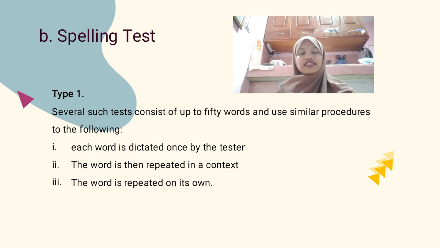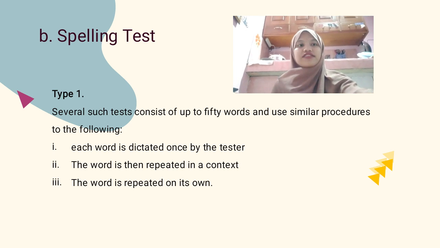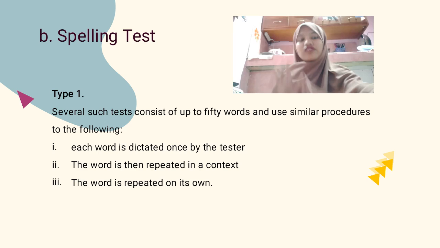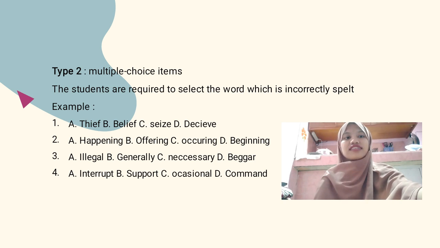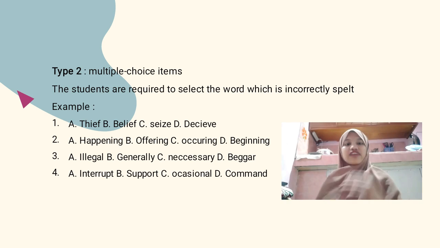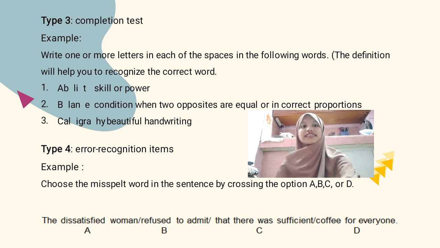The first is dictation, a test consisting of up to 50 words using similar procedures. The second is multiple choice items. The students are required to select the word which is incorrectly spelled. And the third is completion test. It consists of a series of items which require the test taker to fill a word or phrase in the blanks. And the last is